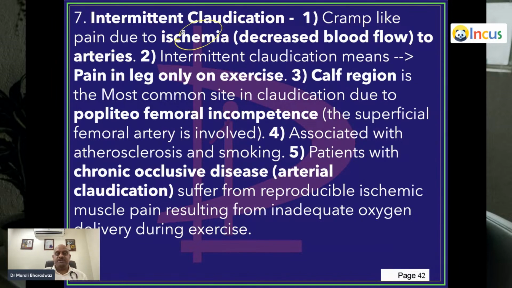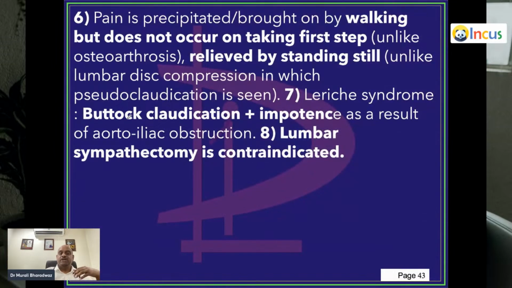Most commonly in the calf region. And commonly it is popliteofemoral incompetence that is the underlying cause. Smoking, atherosclerosis, they're all the predisposing factors. And whenever you ask the patient to walk, whenever there is any peripheral arterial disease, in fact, you can reproduce the intermittent claudication. So,